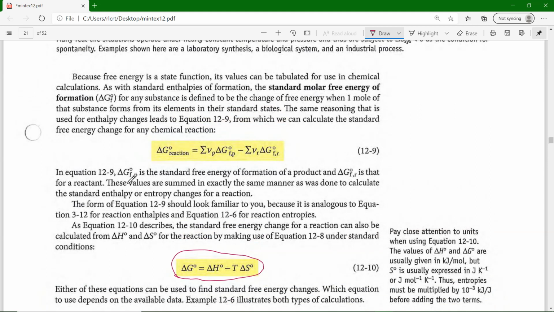is if you know the standard molar free energies of formation. Now you're going to say, hey, that sounds a lot like the standard molar enthalpies of formation. And you are correct, it does. And the rules are quite similar between the delta G naught and the delta H naught. I mean, if you have from Appendix D or some other appendix or set of tables, if Appendix D isn't